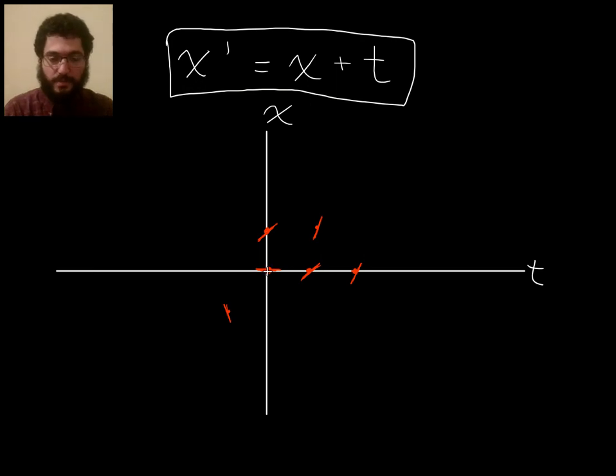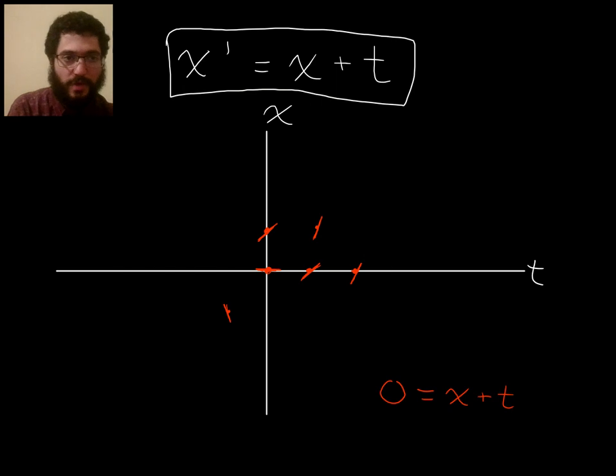So, for example, at 0, 0, the slope takes the value 0, right? Well, there are a whole bunch of other points where the slope takes the value 0, namely any point in the xt plane whose x and t coordinates satisfy x plus t equals 0. So all the points along here